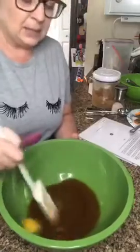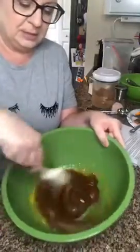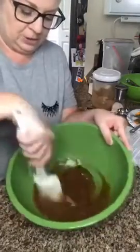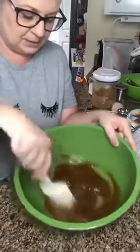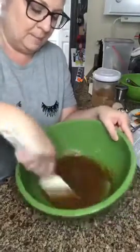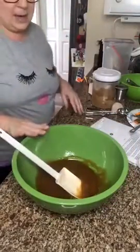I'm going to mix this in. And again, if you wanted to whisk it, you could, but I'm just going to use this. And you want to just mix it until everything's really incorporated. Shouldn't take too long. I can still see some eggy bits. Oh, it smells amazing. Okay. Now, the next thing we're going to add is our